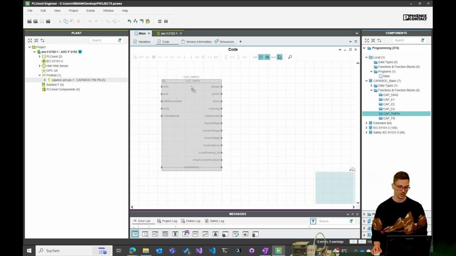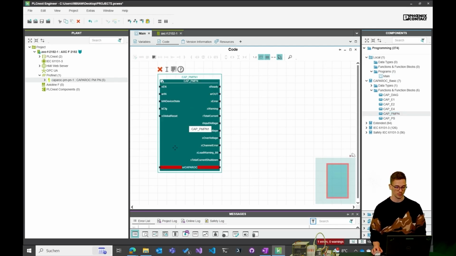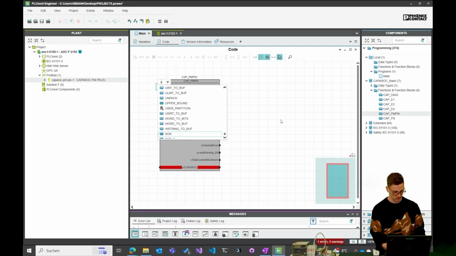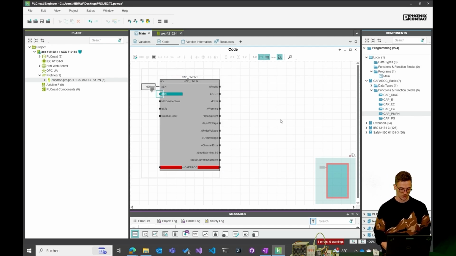I'm using the Caparock PMPN function block here, which is the function block for the head module PMPN. And let's put the variables on our input here. XEN is the bool variable for enabling this function block. And the good thing here is you can just